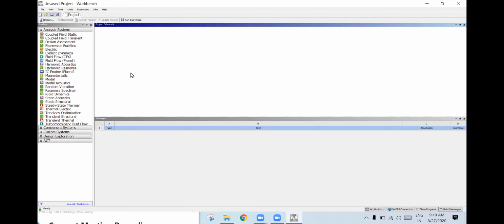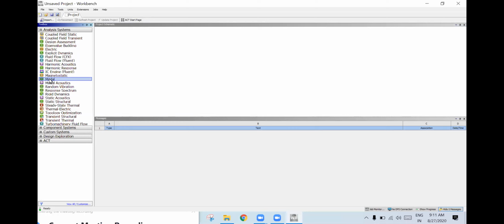In the last session we saw how to perform static structural analysis, what the material properties are, and how we can define everything. Next, we need to do the same thing, but perform modal analysis. One thing to remember: while performing modal analysis, we should not give any external loads because we are finding the natural frequencies. So we need to constrain it. That's it. We should not give any loading condition.